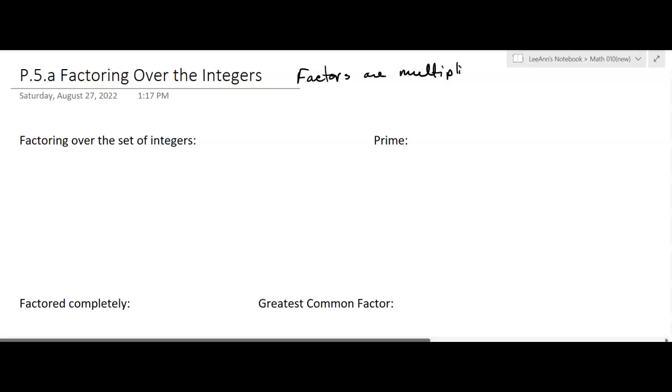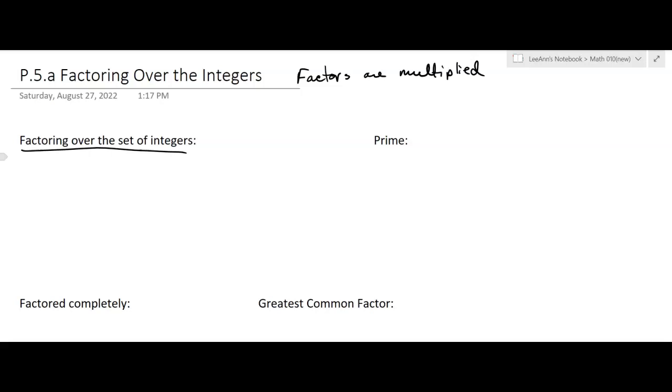So it means turning something into multiplication. We're going to be factoring over the set of integers. Now that's important to remember because it could get really complicated if we were trying to factor over fractions or something like that. Okay, so let's